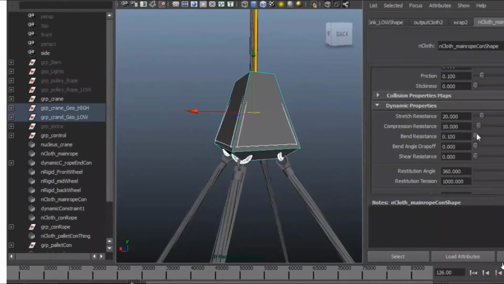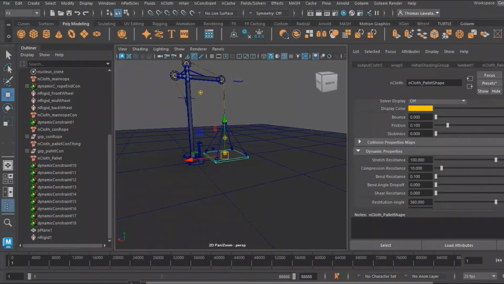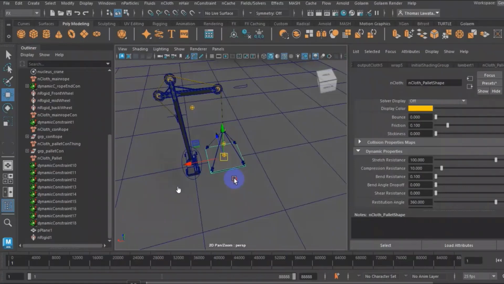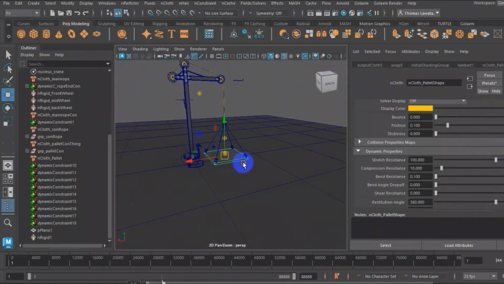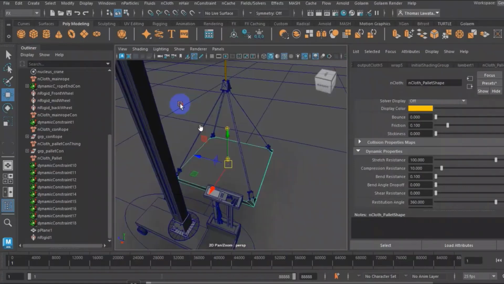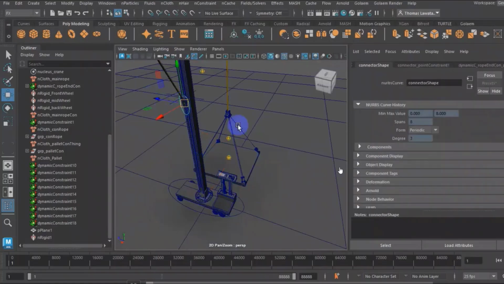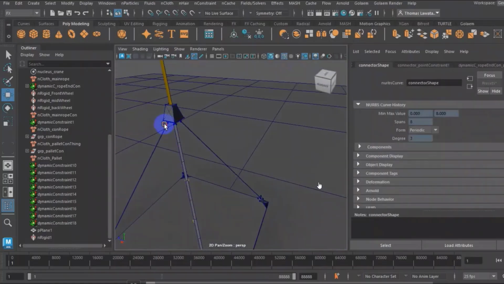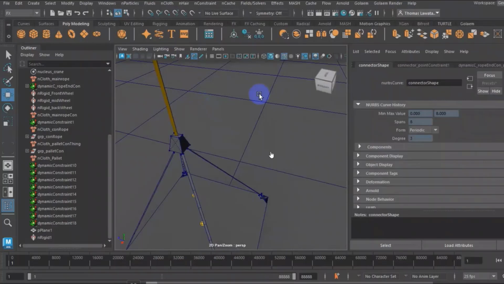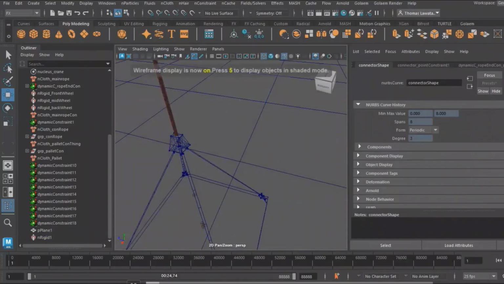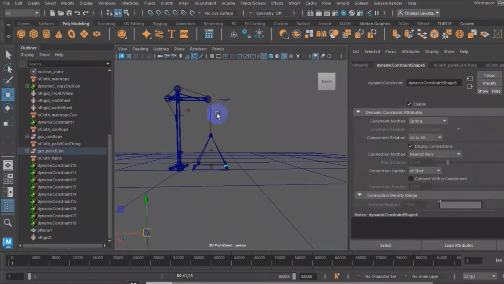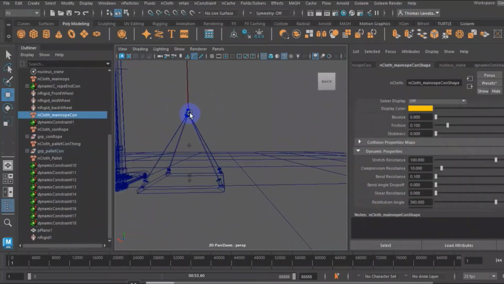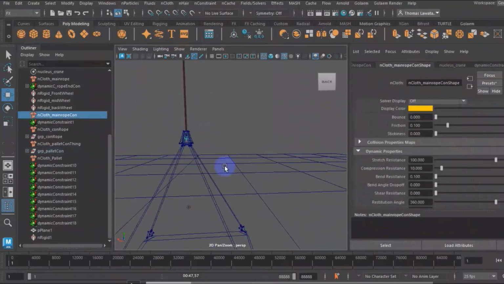We move. After we apply the constraints and the enclosed, we set everything, and at the last we need to play around. Everything good, we need to test.